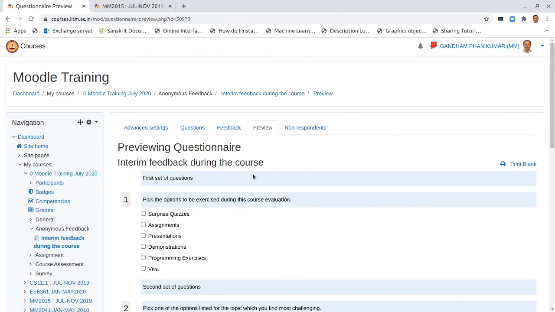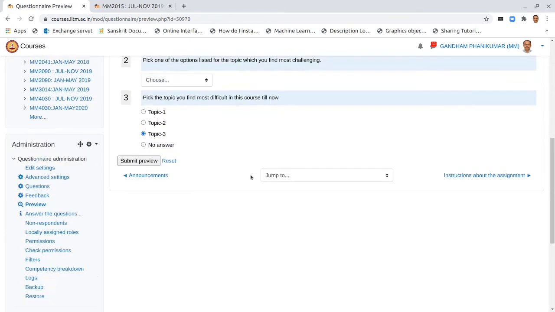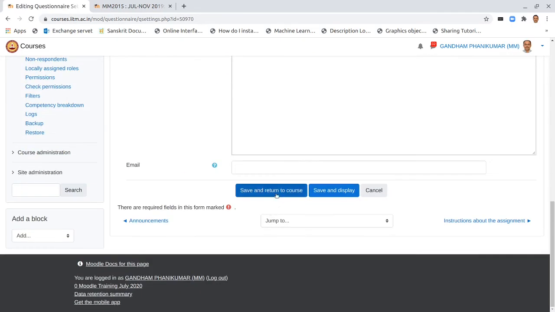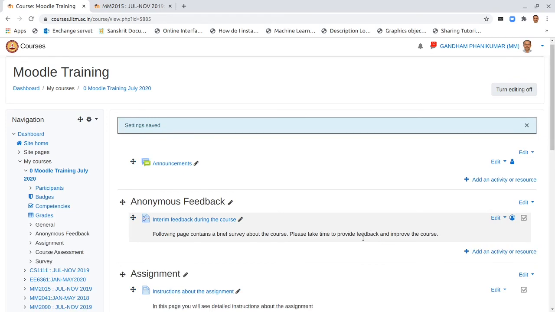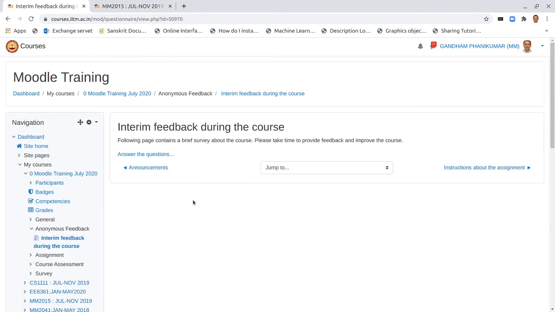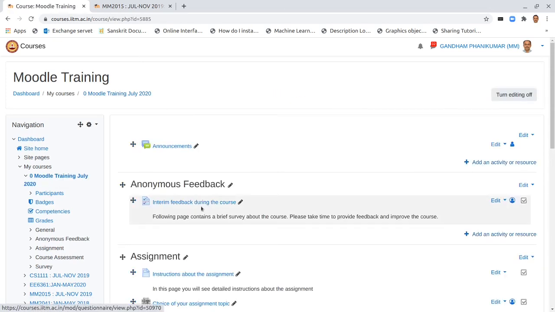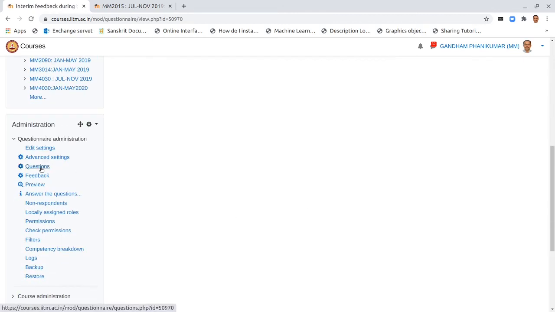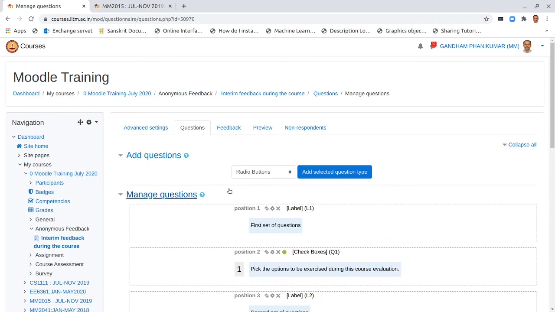Now let us say we have sort of decided that this is enough for these questions, and we are done with the survey and close. Now the survey is saved. So if we then again open, what happens is that it is asking us to answer the questions, and where is the link to change the questions. So for that, what we do is that we go back and click on that, come here and say edit the settings questions. So for that item, now we get the menu again to change the questions.